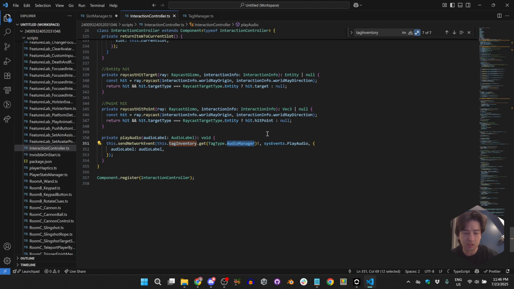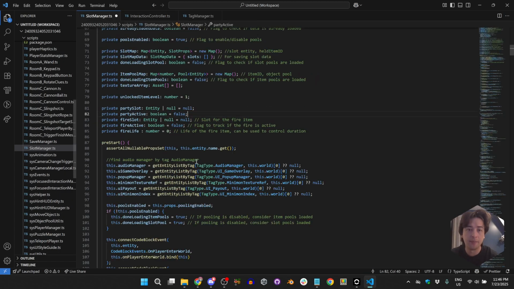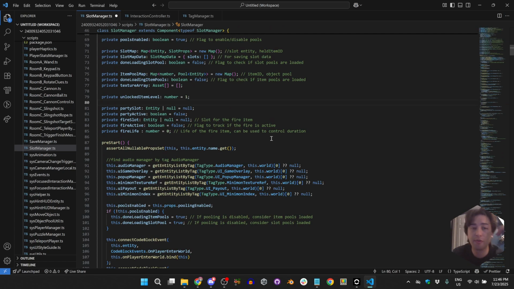So let's go ahead and save that. And then, make sure that you have the exclamation point because we know that it's there. If it weren't there, we would actually get a console error. That is it. So, for example, in my slot manager, I actually am finding all of my